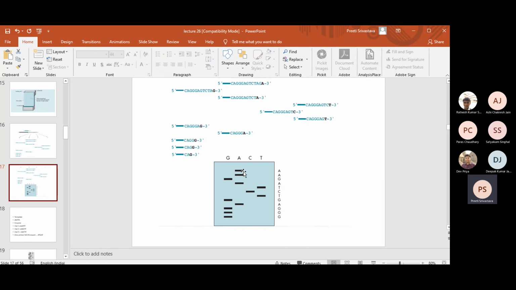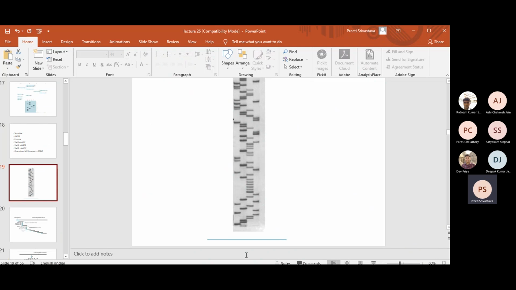And from this you can also tell what exactly is the direction of sequencing. So for example, the sequence is reading from 5 prime to 3 prime, correct? 5 prime CAG. So we are getting the sequence from 5 prime to 3 prime. And then based upon that you can also tell the sequence of the template. Yes, that will be complementary.